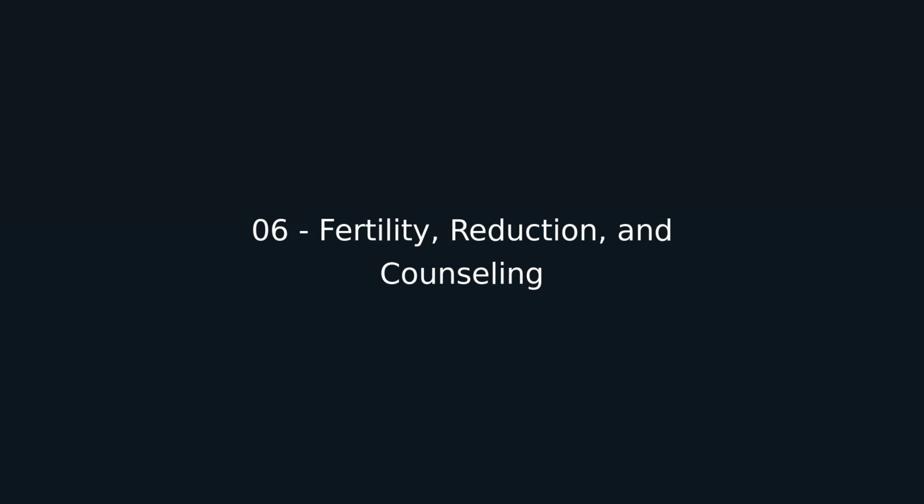Fetal reduction means intentionally reducing the number of fetuses to improve the outcome for the remaining fetus or fetuses and the mother. The Israeli position paper separates two situations. The first is multi-fetal pregnancy reduction, or MFPR, usually in triplets or higher-order multiples, where the goal is to reduce the risks that come from fetal number itself. The second is selective reduction, usually when one fetus has a major anomaly, chromosomal disease, genetic disorder, severe infection, or a dangerous monochorionic complication. These are ethically and emotionally different conversations, even if the procedure may look similar technically.